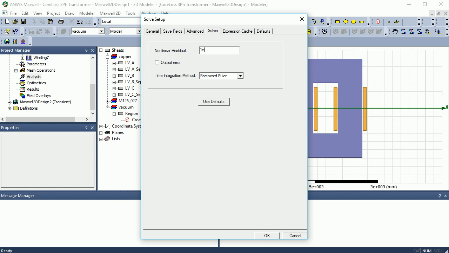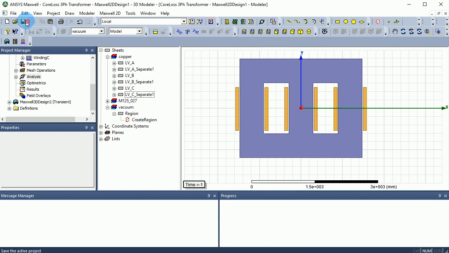For the non-linear residual, when you have an element that has some saturation in it, and it has a BH curve, which is the core that we have right now, you need to increase the resolution of the non-linear residuals to this value in order to get the preferable results. And then you can actually save